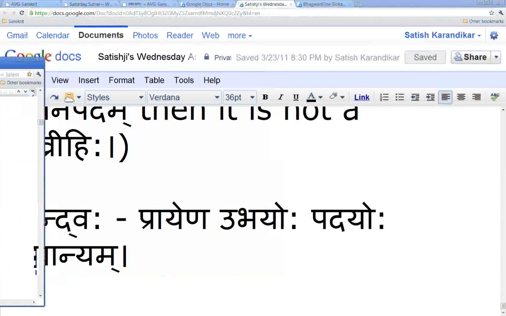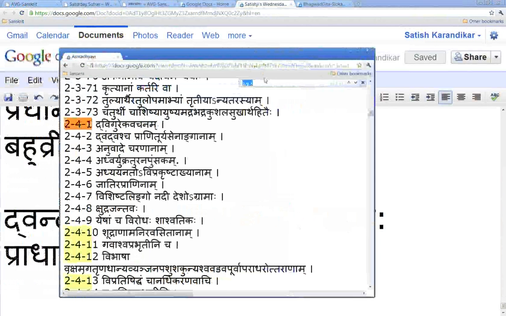Upasarjana sanjna is relevant when, in a compound, one of the decisions to be made is purva nipataha. Which padam will be purva padam? Which padam will be uttara padam? That's one of the basic decisions to be made in a compound. It has to be determined which padam goes first, which goes second. Now how does Panini make that vyavastha? How does he tell us which one goes and which one doesn't?